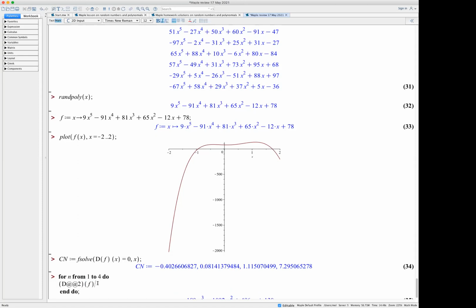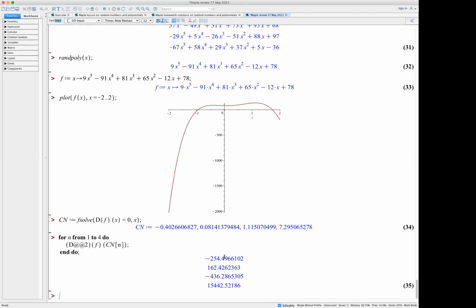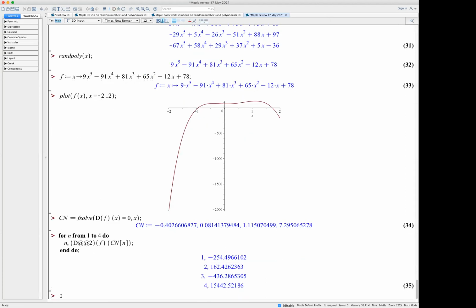And what I want to do is evaluate the second derivative at the critical number. There are 4 of them, right? So this says, for each of these 4 critical numbers, compute the second derivative. Well, negative, positive, negative, positive. So what that tells us is that,